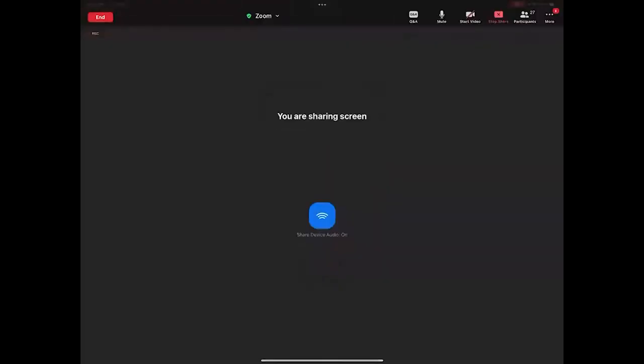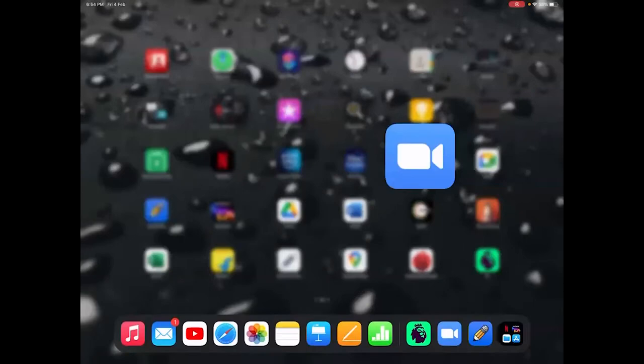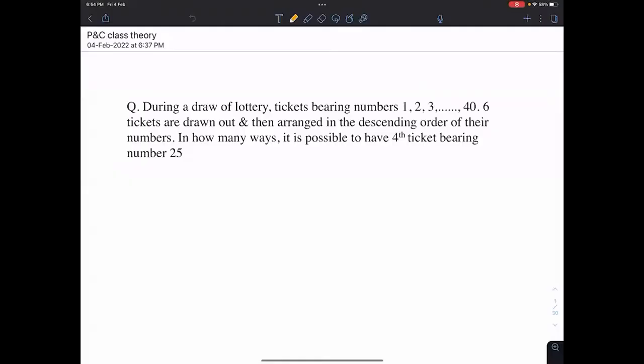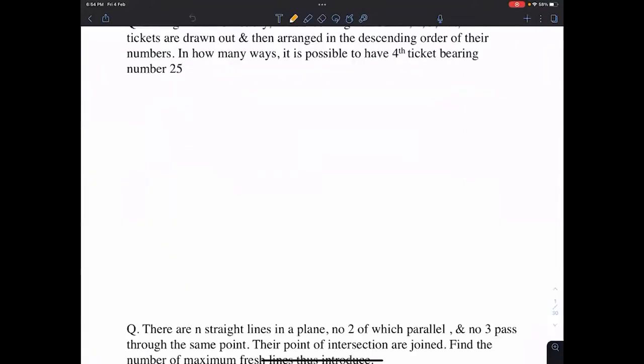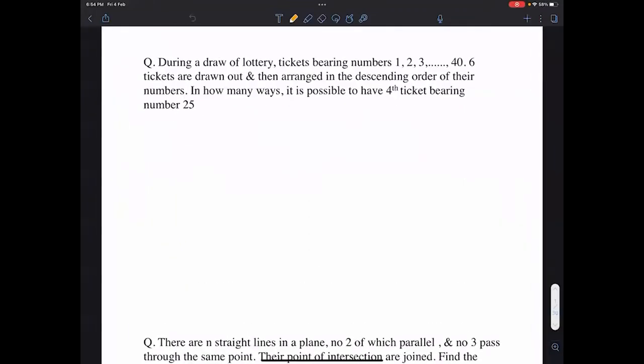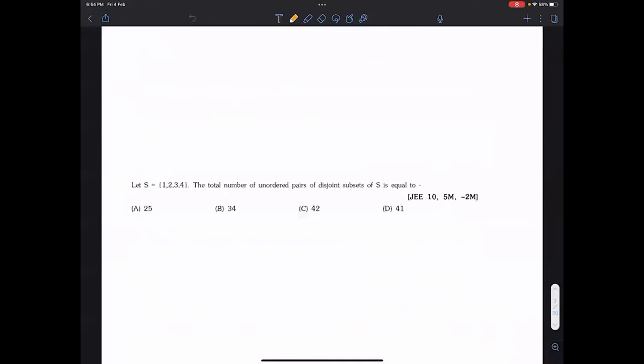Okay. So today we are going to discuss two topics: permutation combinations and probability. So first PNC, then probability. So now in PNC,